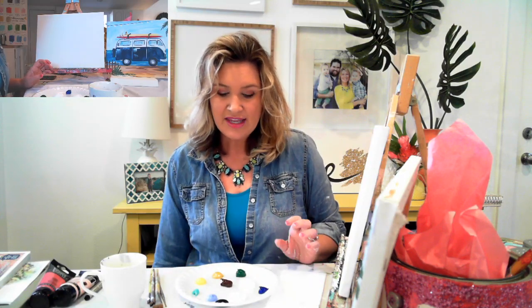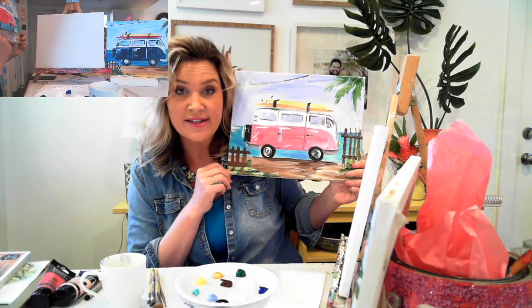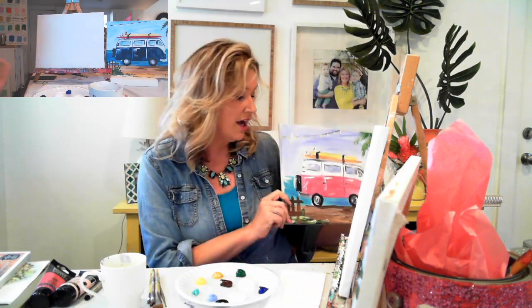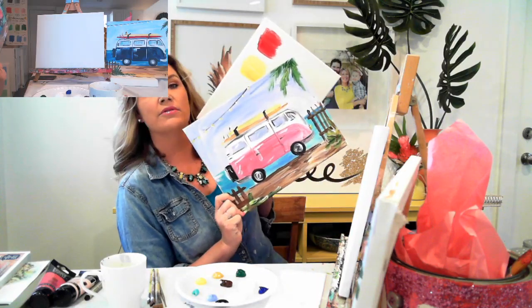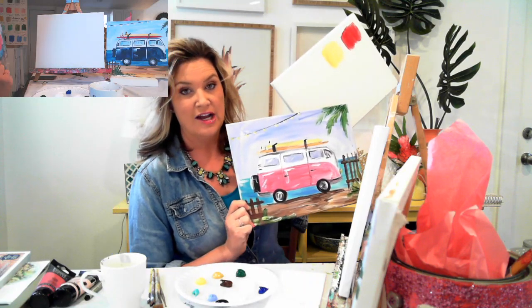Now this is the time you decide what color you are going to do your bus. Are you a pink person? Are you a red person? I did a little mixy here, a little sample, red, yellow. I was going to do orange and all the colors, but then I ran out of time